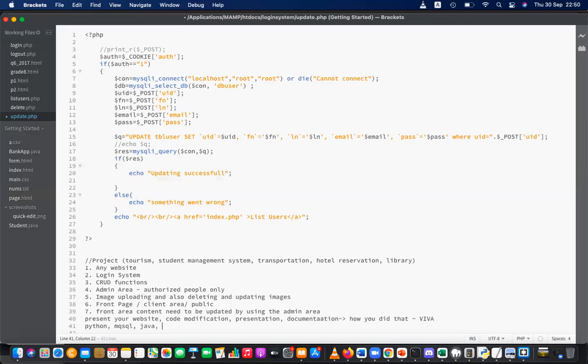Then HTML, then CSS, then PHP, a little bit of JavaScript too, and again SQL, MySQL with that as well. Almost 1, 2, 3, 4, 5, 6, 7 techniques. That is covering 60% of your learning objectives.